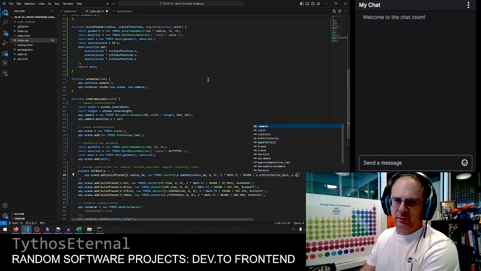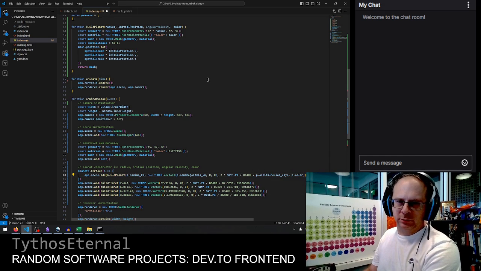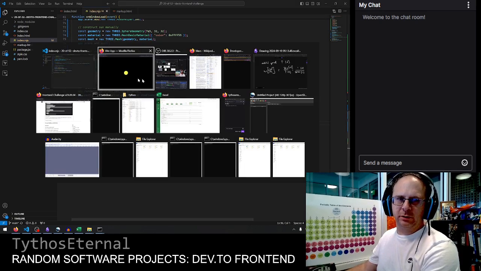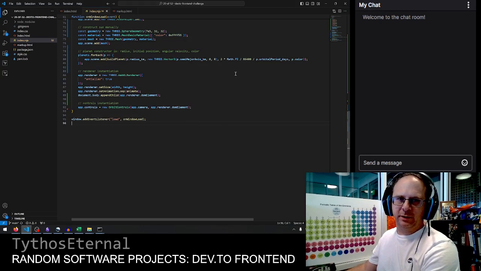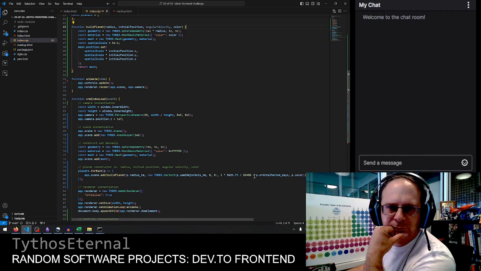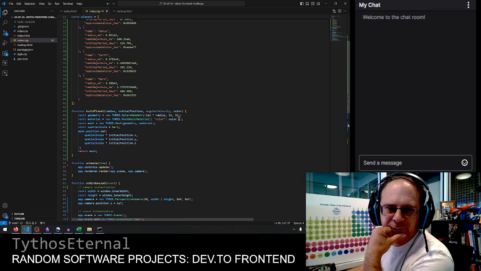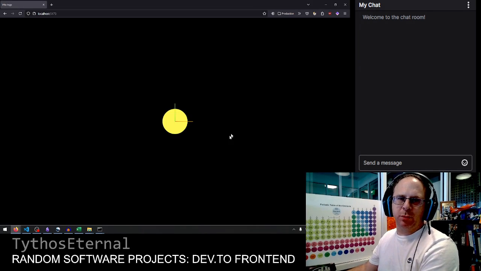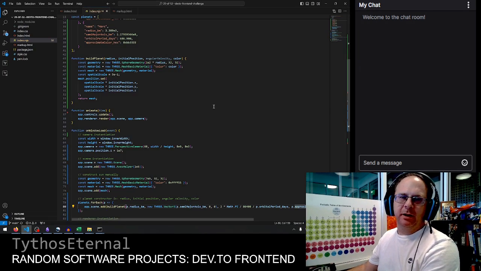And then color, right? Let's see, does that work? Look at that. Everything but color works. So why didn't color work here? Build planet, color. Approximate color hex. Hey, look at that. Okay, so